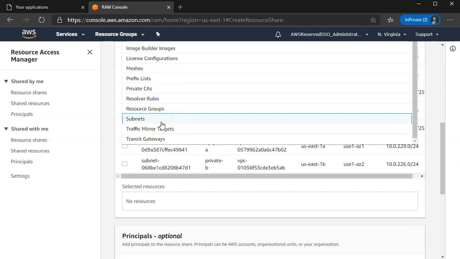And if you click here, you can see so many things can be shared now. If you look at our Resource Access Manager video, you will see that at that time there used to be only very few entries in this particular drop-down. But as time has passed, more and more services are now supported by Resource Access Manager. When we made the Resource Access Manager video, at that time we had explained that it is going to be one of the most used services going ahead, because you will see that AWS is taking a shape where resources are being shared from one account to another account, and Resource Access Manager is going to be the central thing for that.